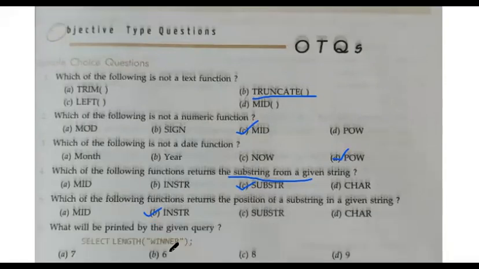Okay, very good. Now, what is the output of this? So this is very common question, 1 mark question for your board examination also. Select length of winner. Correct, Ekta. Lavanya correct. Pranjal correct. Mantasha correct. Harshi correct. Lavina correct. Okay. So the answer is B, that is 6. Simply we have to count how many characters are there. Double quotes we will never count. So 6 characters are there.